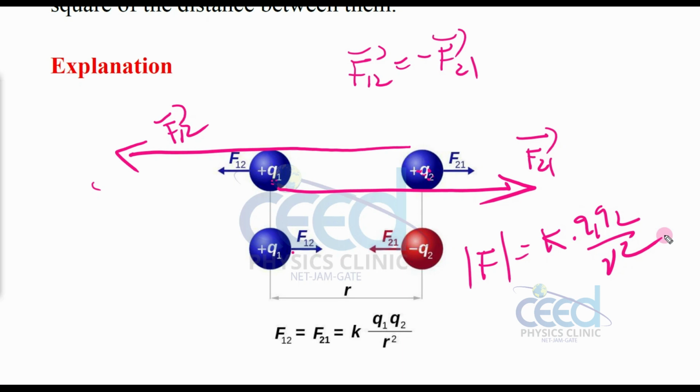Alright, and in the case if both charges are opposite, if this is plus and this is negative, here F12 means this 2 attracts this 1. The force on 1 due to 2: 2 attracts this 1 towards it, right? And what is 1 doing? 1 attracts this 2, right? So this will be F12 direction, this is F21 direction. In this case also these forces are opposite, but the magnitude will be the same, right? Alright, so that is Coulomb force.